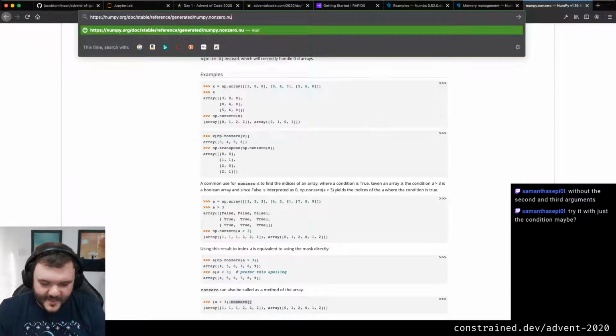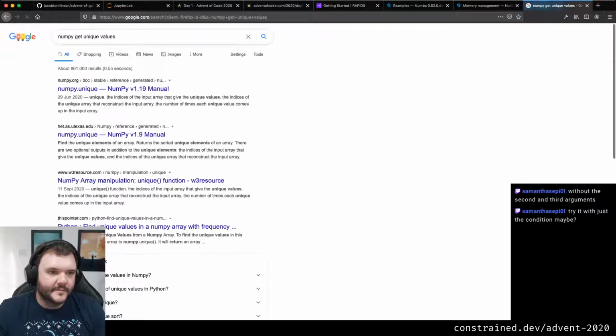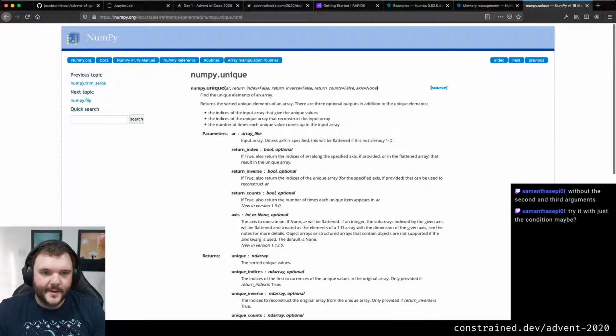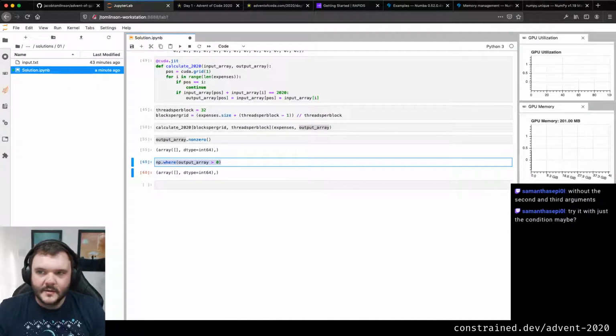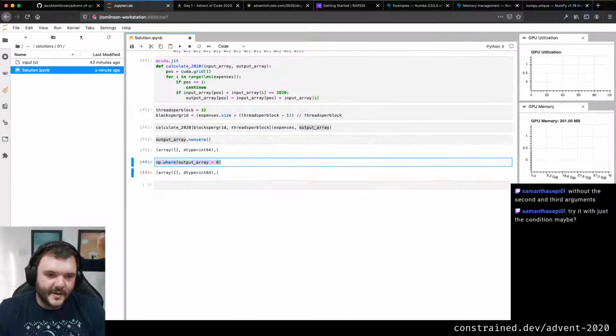I'm just going to Google some things. NumPy get unique values. That was terrible Googling. Yeah, that might be. I mean, that's a helpful thing to do, right? But if I do np.unique of that,